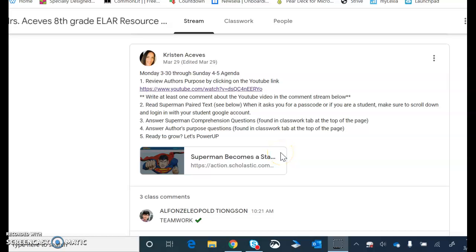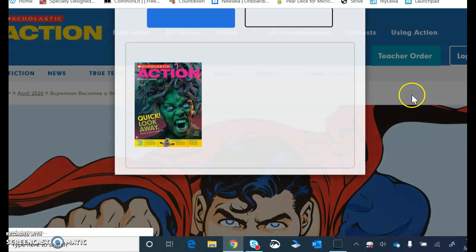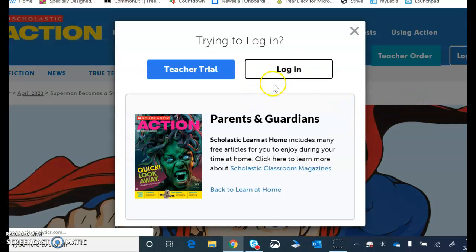Hey guys, I just wanted to give you a real quick tutorial on how to access the text received from Scholastic. So what you're going to do is click on the link right here, and it's going to take you to the digital website. You'll see this pop in. You're going to click log in,